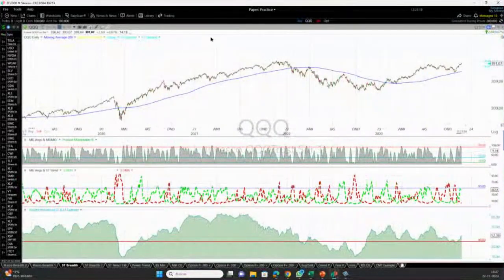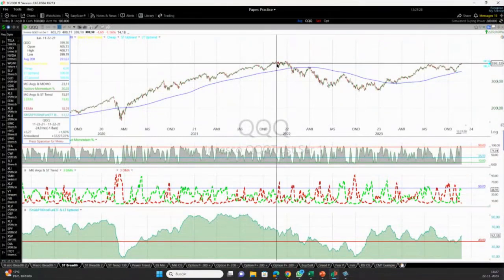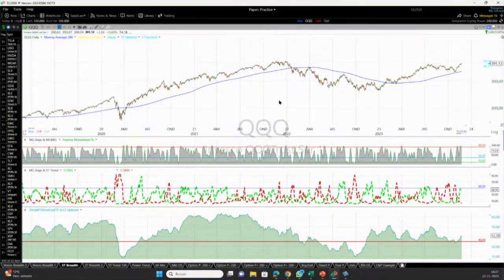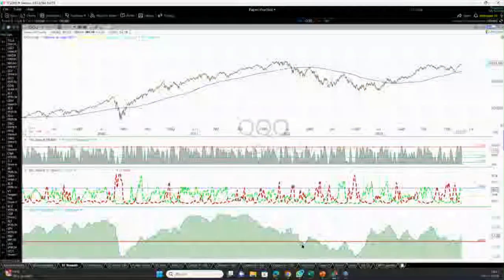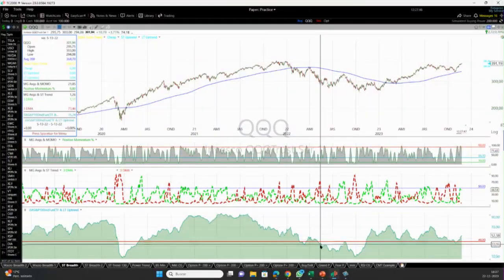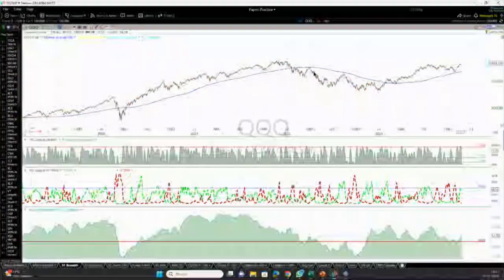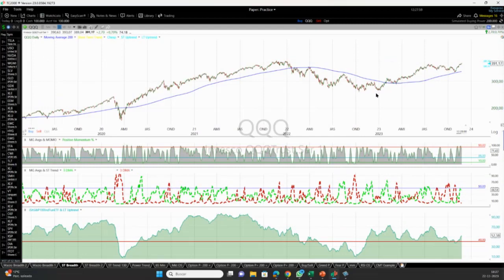We can see here also how this is a really nice way to see how the market was advancing since the COVID low, and how breadth started to deteriorate as we made higher highs. It was not supported with breadth. And actually here in early 2022, we start seeing it dipping below 40% and breadth making lower highs. And here you are basically deep in the bear market, and this is when we get the big declines that we experienced last year. Plus, you can see the trend of the Nasdaq here, below the 200-day moving average.